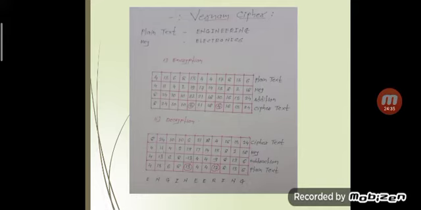Okay, so in the next part we have to study the various transposition ciphers. Why the transposition cipher is used, what the different ciphers in transposition are, what the technique is, and how it can be implemented. In this part we studied only up to the substitution cipher. So up to this we'll stop here. The next part we'll take in the next lecture. Okay, so we'll stop here. Thank you.